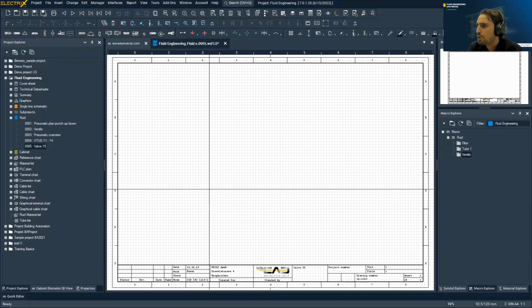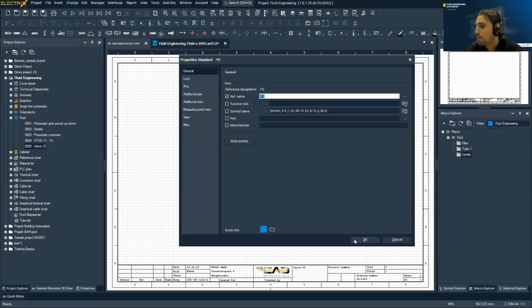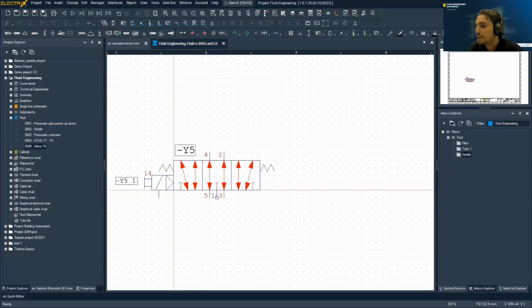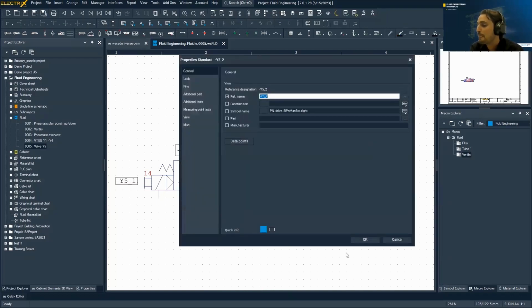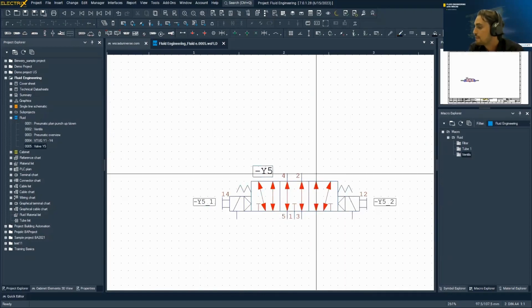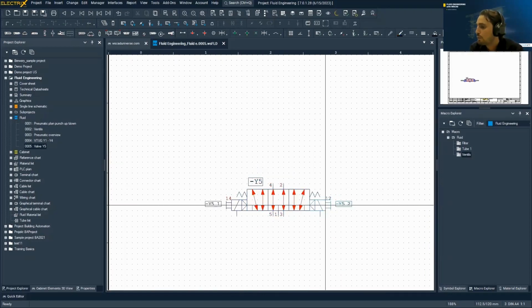I just want to show you how to create some valve which has, for example, 2 coils, and we want these 2 coils to have a special reference name because actually they are separate, and we want in some other parts, in some other scheme, 2 different reference names. So yeah, this is the case. So for now,